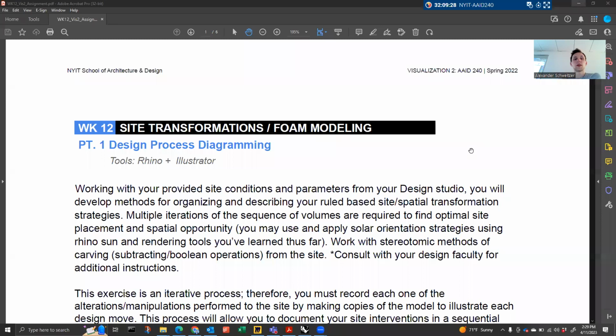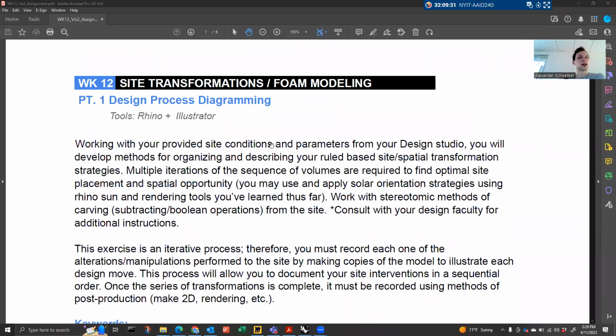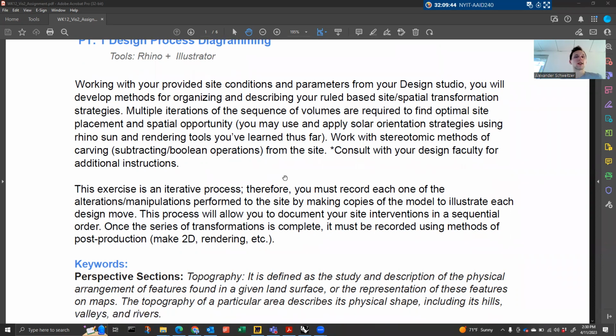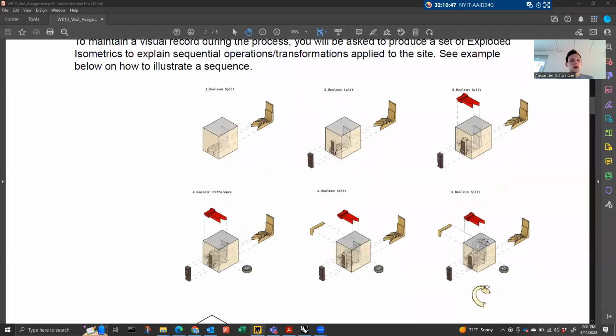Okay, so here's the VIS assignment for today. You're going to work with your site conditions and parameters from your design studios. You will develop methods for organizing and describing your rule-based site spatial transformation strategies, multiple iterations of the sequence of volumes. So I think we can go into one of the